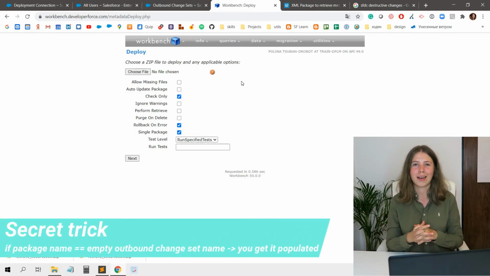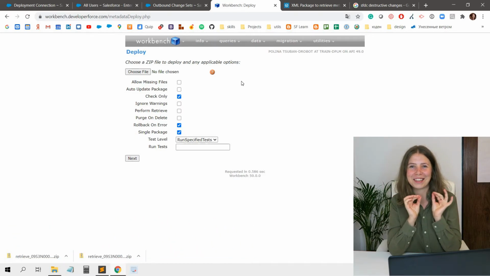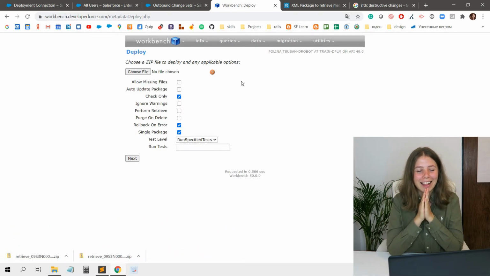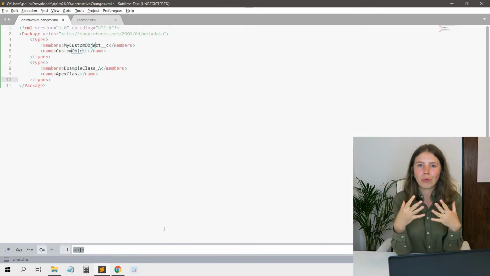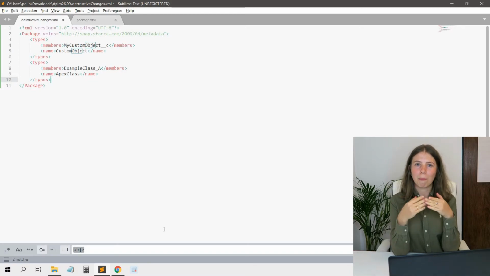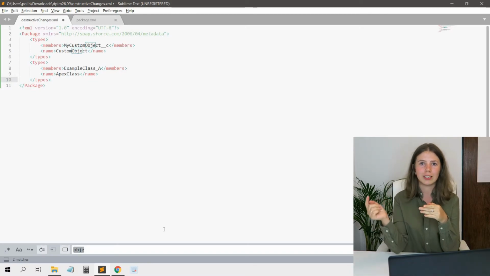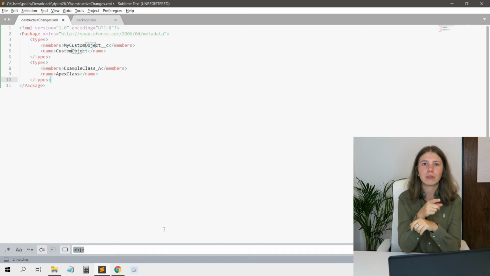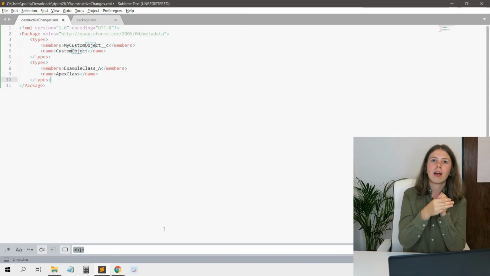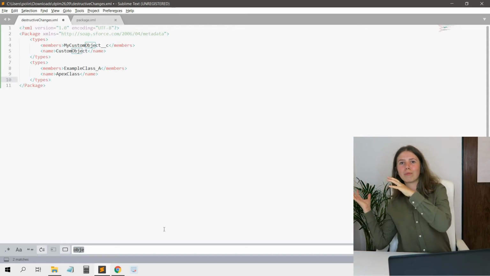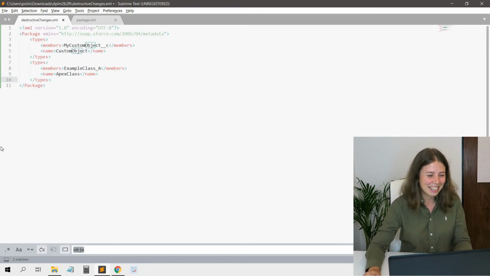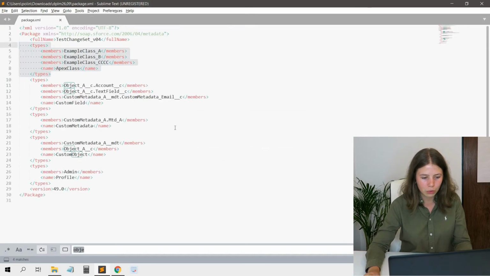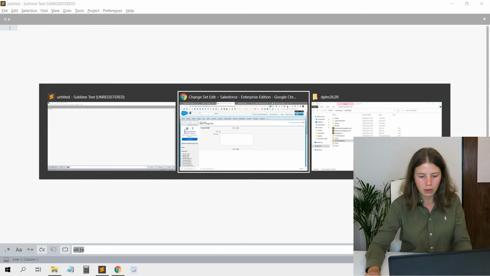And another one, really, I don't know, a secret thing, a very tasty optimization. We can say it like that. The point is that if you are deploying some package via Workbench and it is successfully deployed to your destination org, and if you have already created an empty outbound change set, then all that package information will be automatically added to your new change set. Feeling it? So now let me show it to you, and we will have a look at one previous